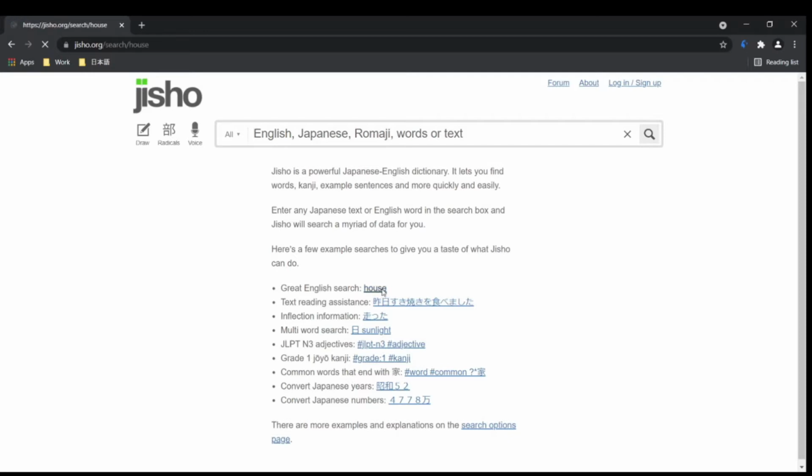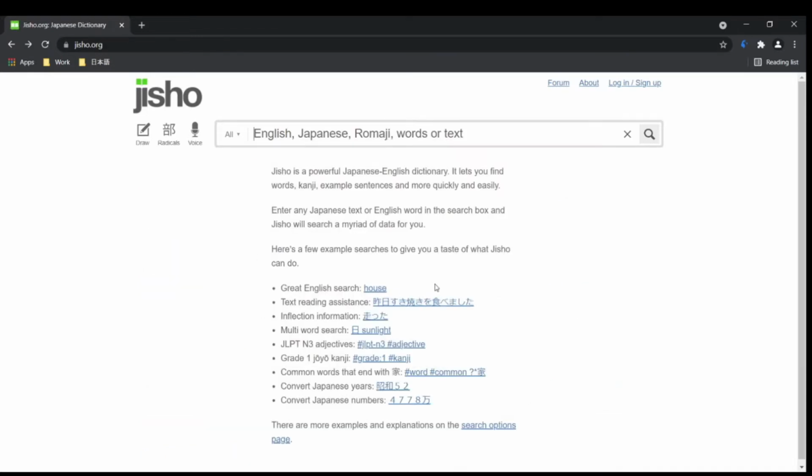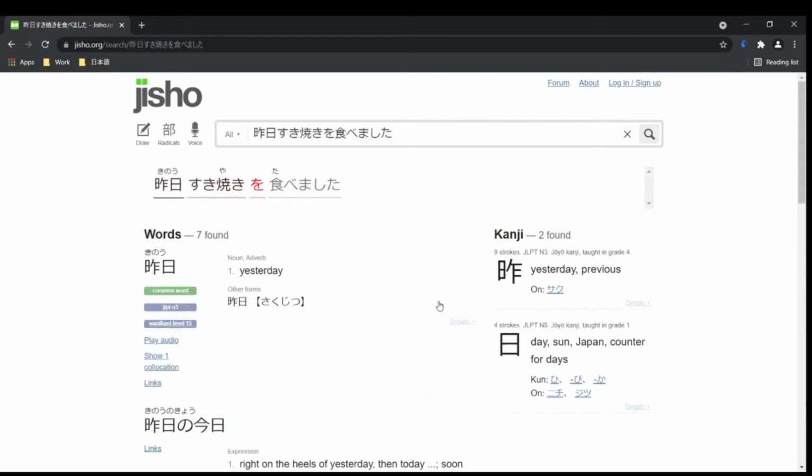Like you can search in English. You can type house. It shows you the kanji for house, ie, right? You can add a text in Japanese, like a sentence, and it will tell you what the sentence means word